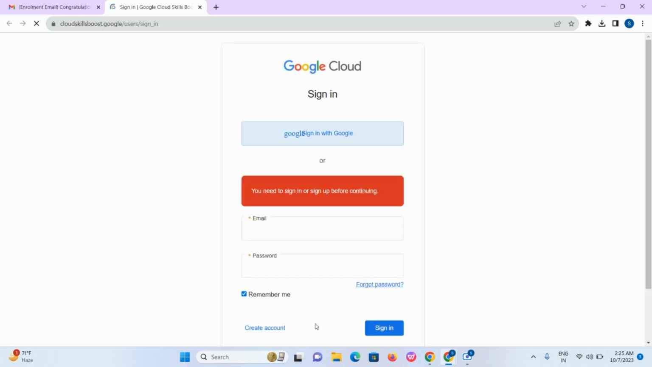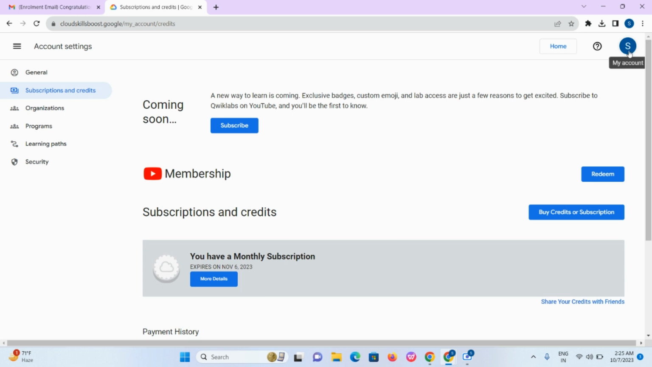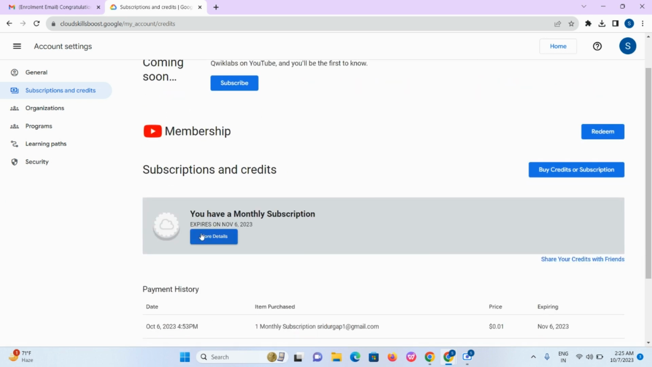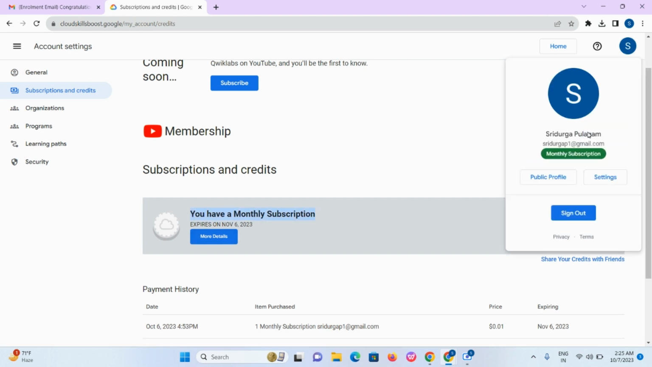and it will redirect you to this tab where it will ask you to sign in. If you're signed out, click on sign in with Google, and once you're signed in, it will show you have a monthly subscription. So this is the most important part. You should have 9 credits as I showed you before, and this monthly subscription. If you see both of these things, it means that you have done everything correctly and you have come to the